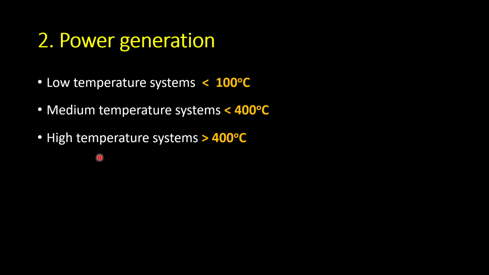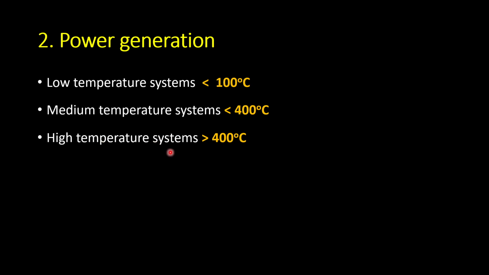Next is the power generation. Power generation can be done in two ways, based on the temperature which can be obtained: low temperature systems, medium temperature systems, and high temperature systems. Low temperature system means less than 100 degrees Celsius. In this system, we can use the flat plate collectors. Medium temperature systems go up to 400 degrees Celsius. In this type, we can use the concentrating collectors, especially the parabolic dish type